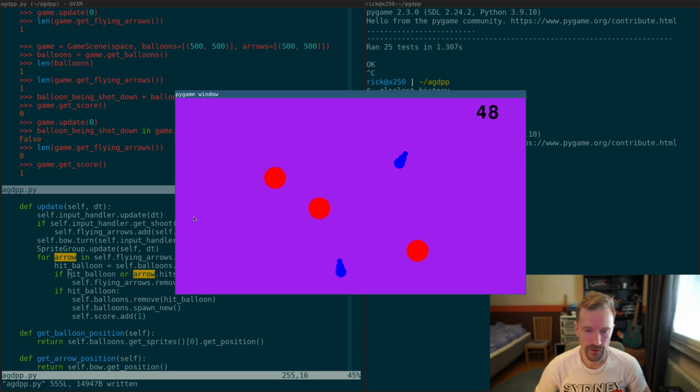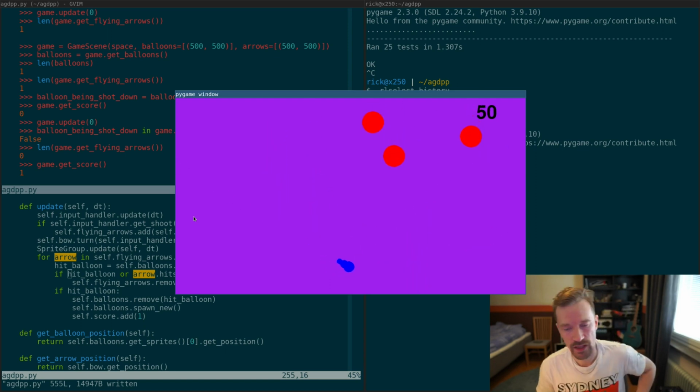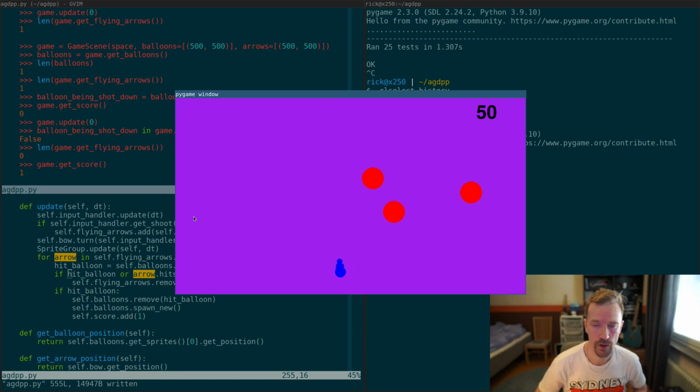So we can also think about what should happen with the balloons that hit the bottom. Maybe in this game we could be at sea, so the balloons hitting the bottom will just stay floating in the sea, but you can't hit them because you cannot hit below your point. And then maybe if there's enough balloons in the sea, it will be game over or something like that. But